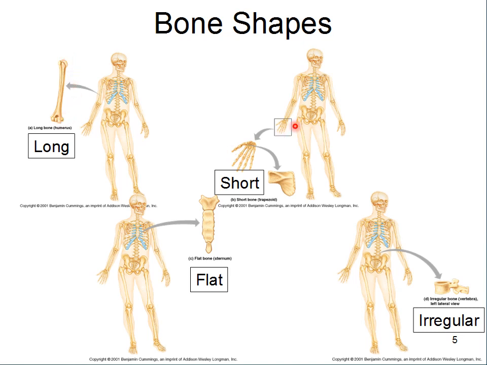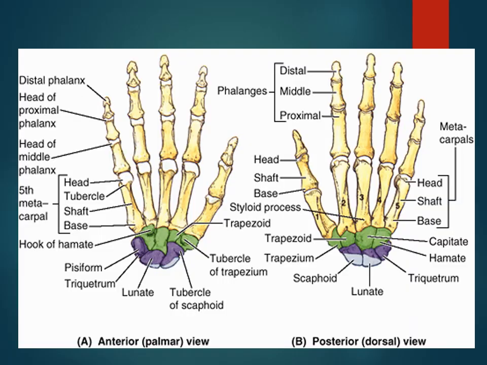Now the metacarpal bones and the metatarsal bones are the long short bones. The carpal bones and tarsal bones in the foot are the short bones. These are the flat bones; we will discuss their typical features in the next slide. Then the bones which have different spines, projections, and processes are irregular bones, like the vertebra in the human body.